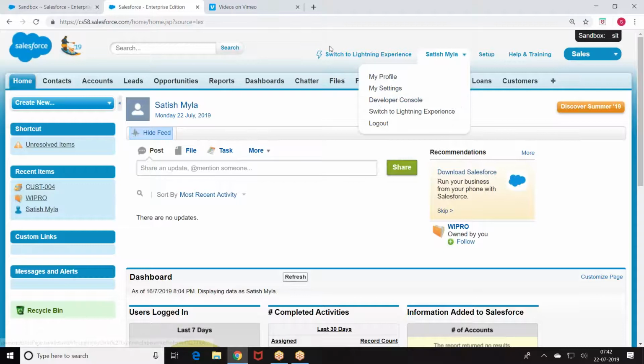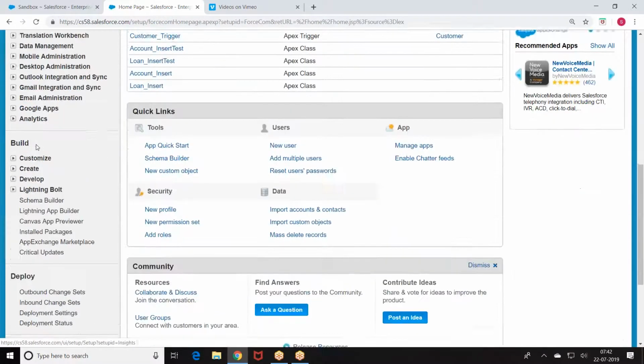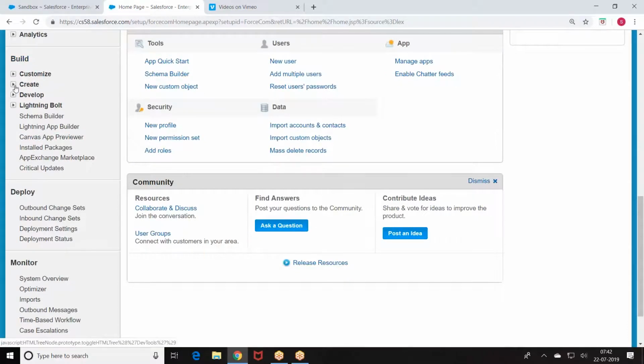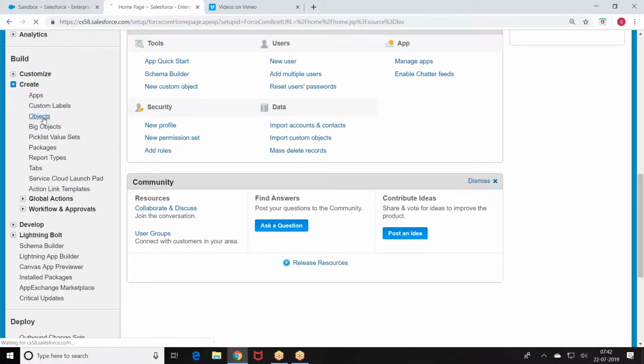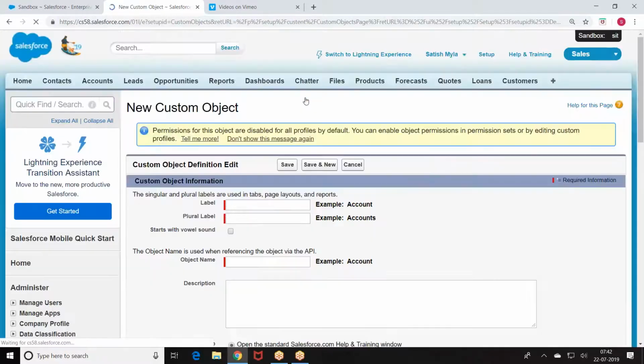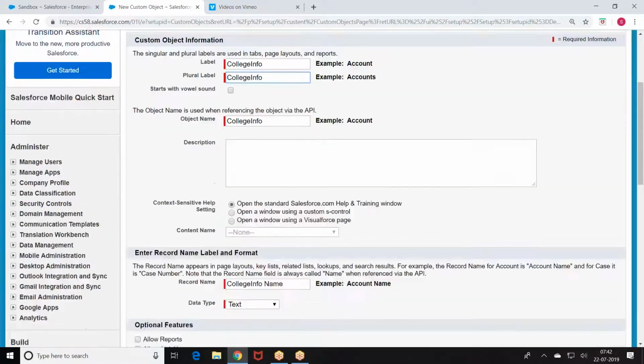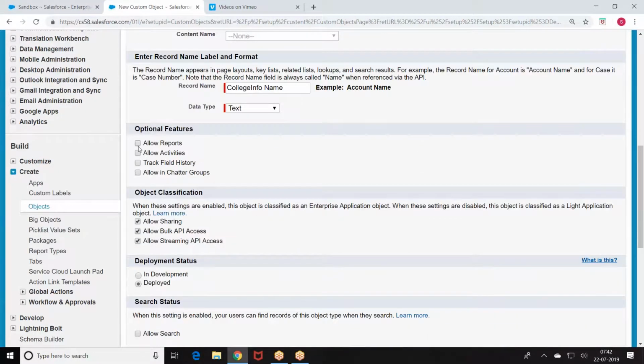Developer console. First, I want to create one object. Setup, build, create objects, new object. College info. College name.